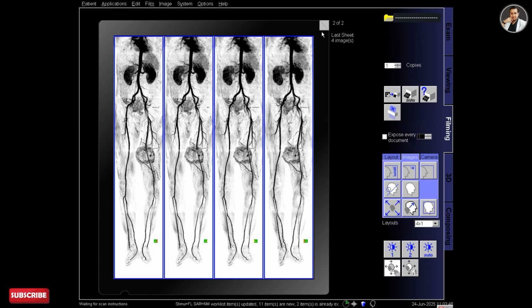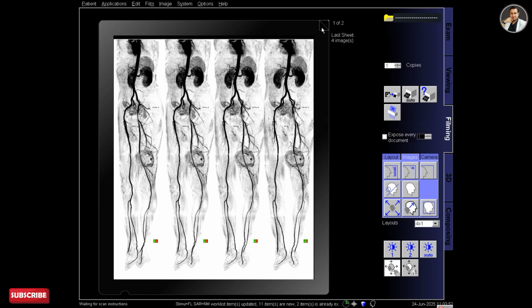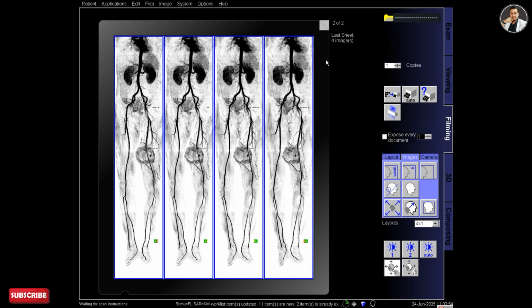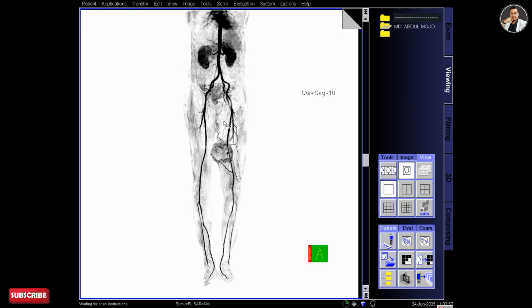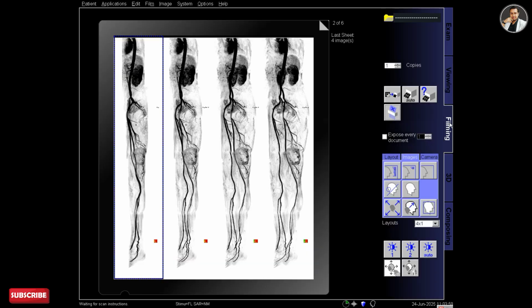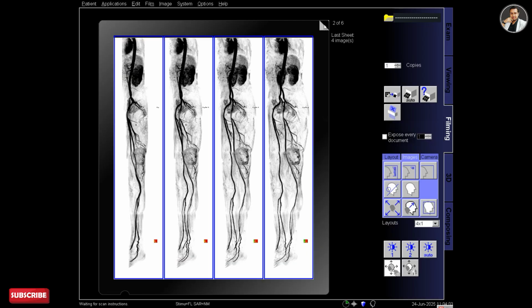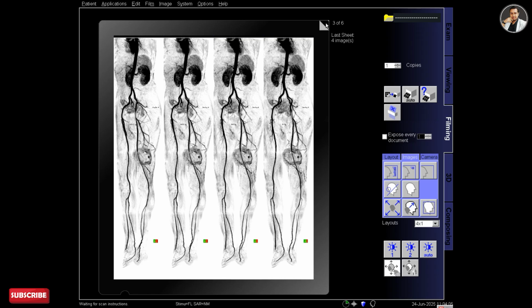I keep 2 films for this inverted angiogram. Obviously the radiologist will view it on the PACS and see all the images of the angiogram, but in the films you cannot give all the images.